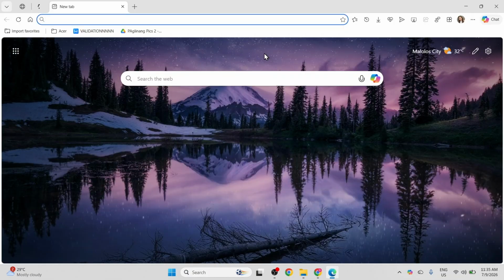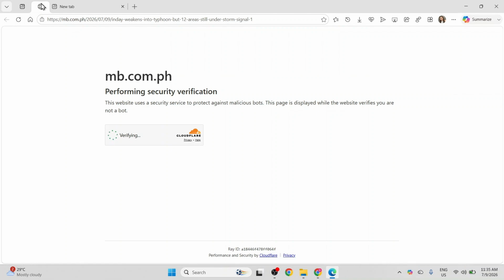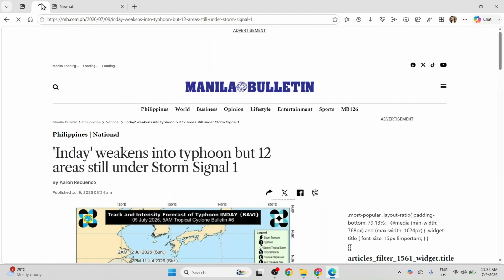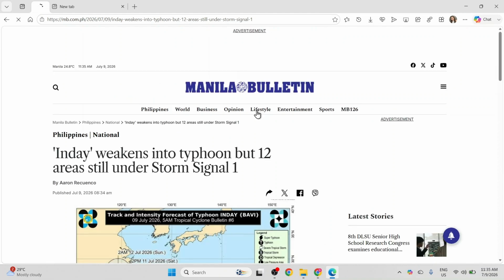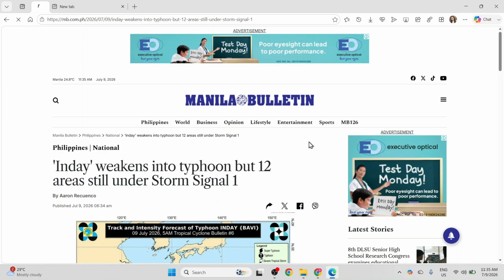Once Edge opens up on a fresh new tab page, I click into the main search bar in the middle of the screen to enter a web address. I type in mb.com.ph and hit enter to load the website. The browser brings up a quick security verification page. I wait a moment for it to complete, and then the page successfully redirects and loads the main website for